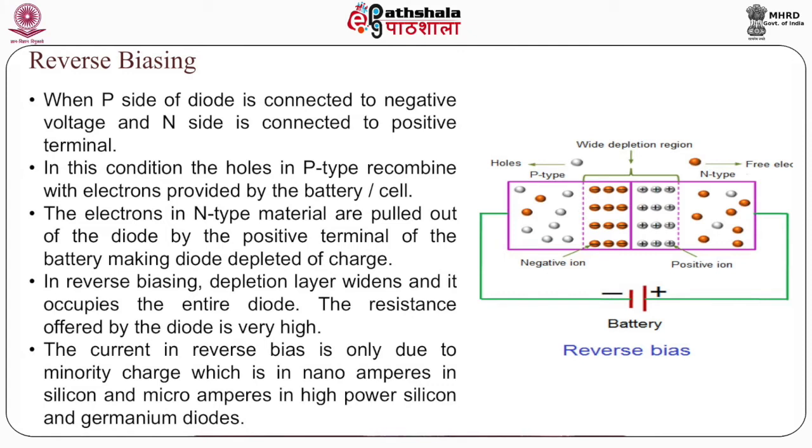So, if you look at the reverse biasing of the PN junction diode, you see that the current in this case is very low, which is nanoamperes, which is assumed to be a constant saturated current. We will discuss in detail how this current can be used for particular applications.